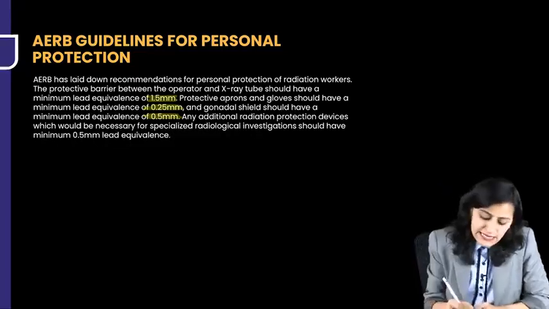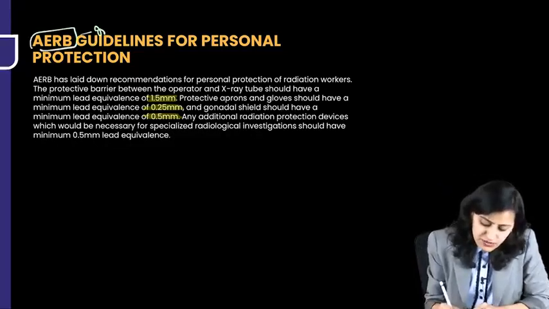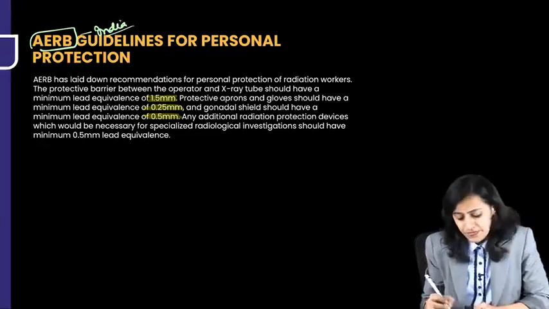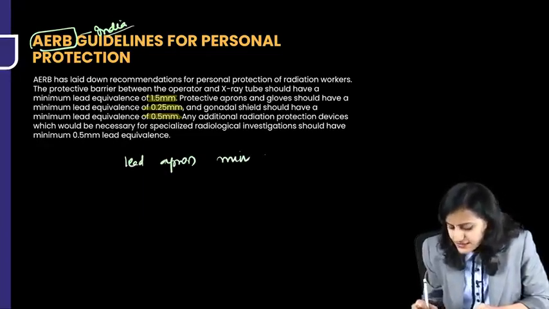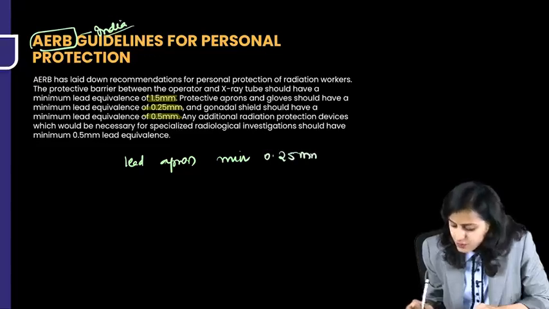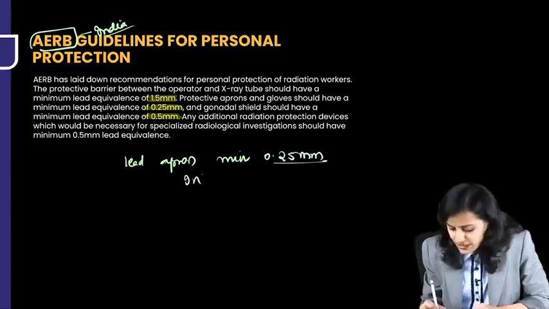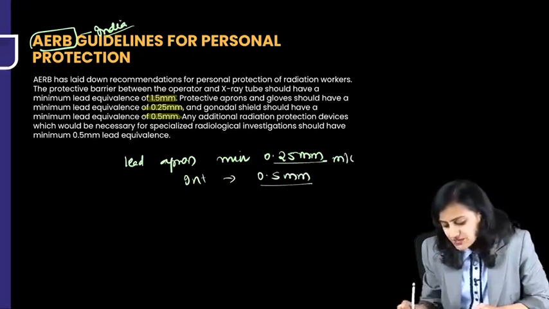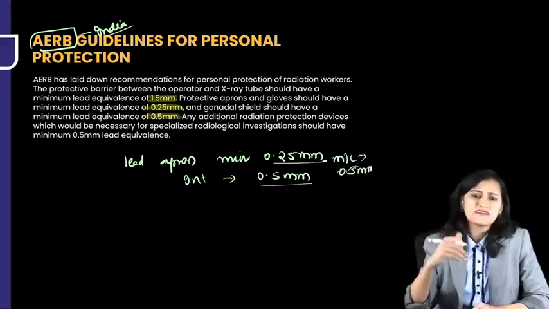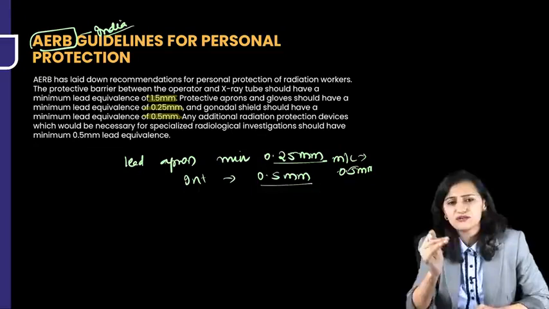According to the AERB, the Atomic Energy Regulatory Board, which regulates in India, what is the minimum thickness of the lead apron? The minimum thickness according to the Indian guidelines is 0.25 mm. According to the international guidelines, it is 0.5 mm. But the most common which is used even in India is 0.5 mm. So Indians are happy even with the lower thickness, right? We know how to